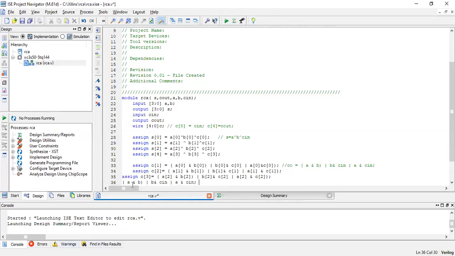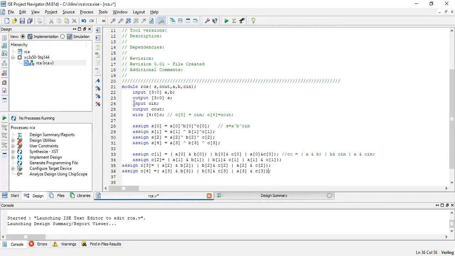And what is the last one which I have? So it is assign C4 is equal to, this will be A of 3, this will be B of 3, this will be C of 3, this will also be 3. Done. That's all.